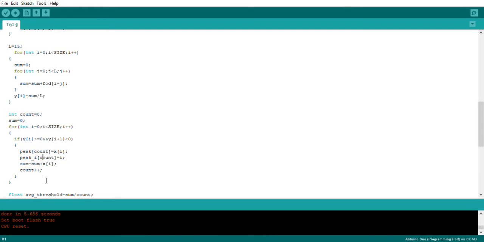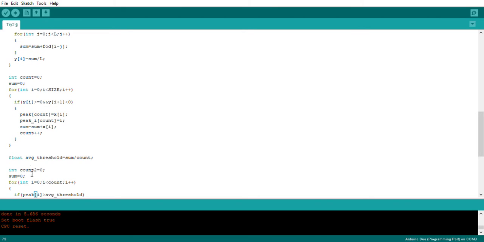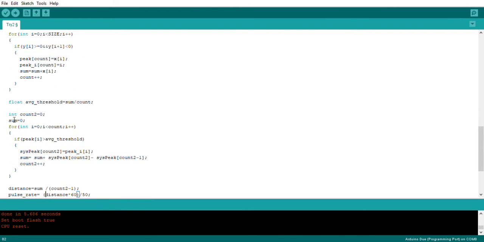The significance of sum and count is that we'll use them for the average threshold, which will be sum by count. This average threshold will be used to determine between systolic and diastolic peaks. The next part of the code is where we find all the systolic peaks. There's a for loop for the whole array, and then an if statement: if the average threshold value is lesser than the peak at any index, so any part of the peak array,